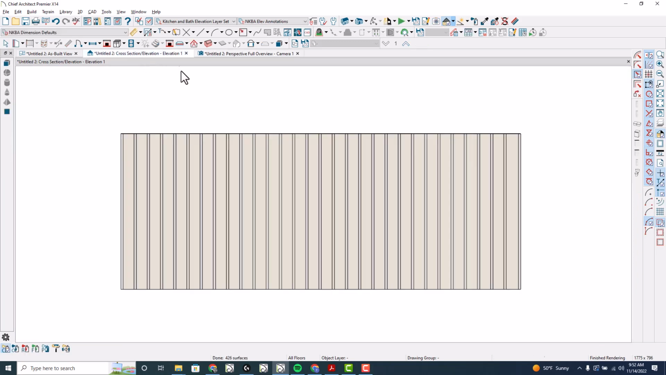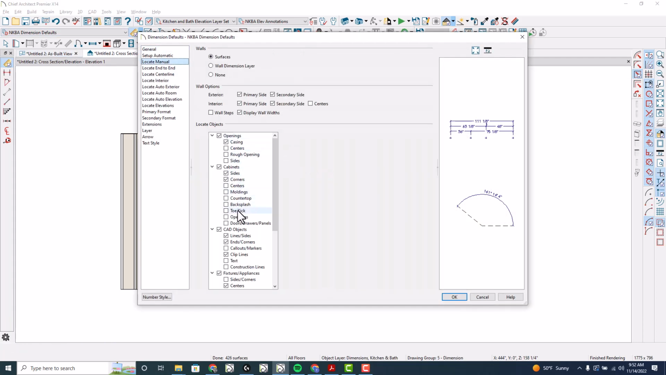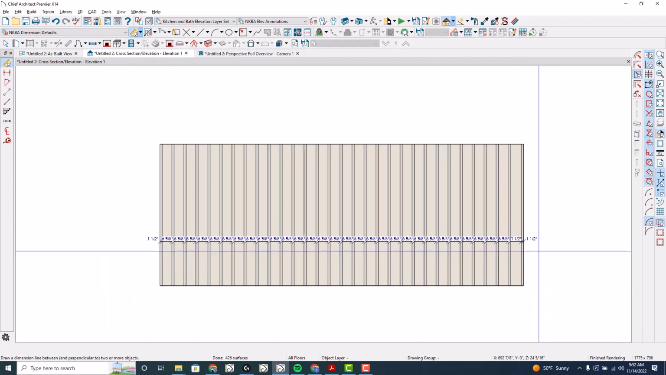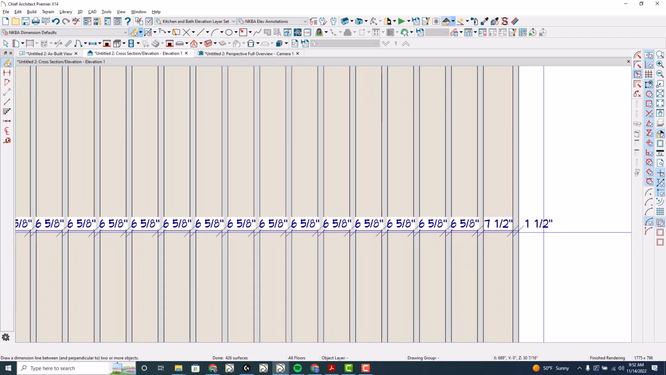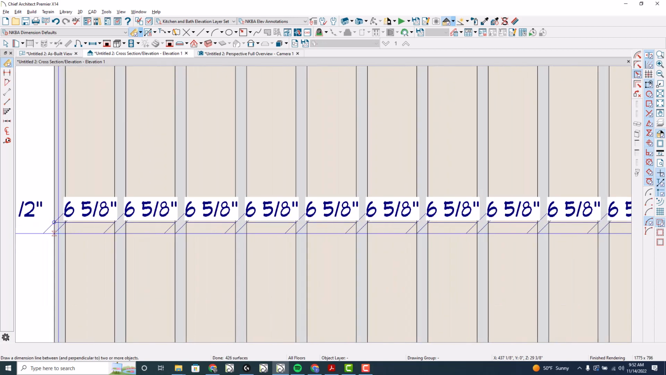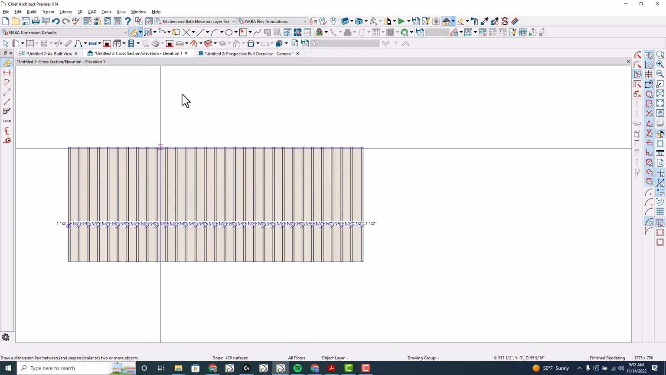And in X14 now, you can dimension to the opening. So let's locate manual, and to the cabinets you can dimension to the openings. So if you want to draw a dimension across there, you can actually see what those dimensions are. All right. Something's off about this one, 6 5/8 to 7 1/2. I'm not sure why that is, but you get the idea